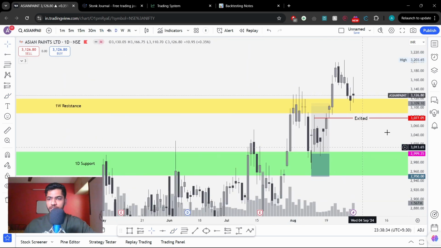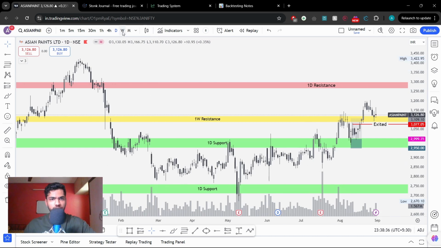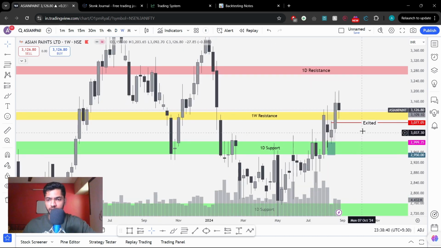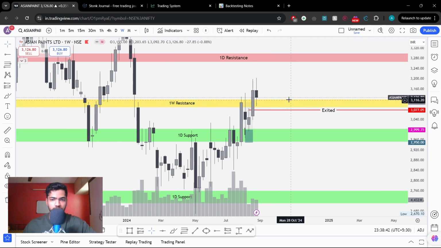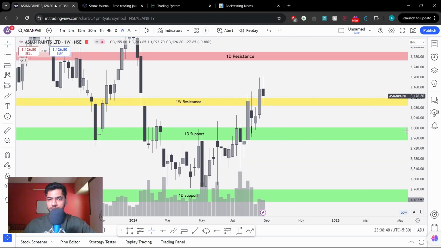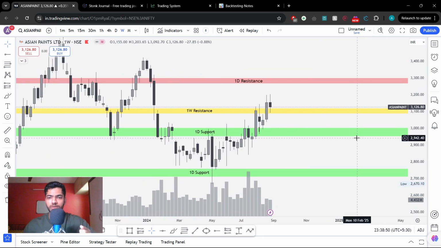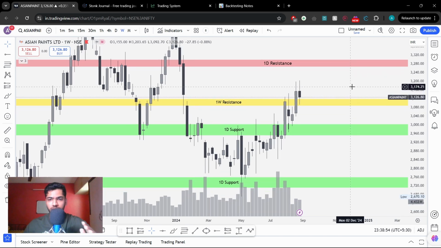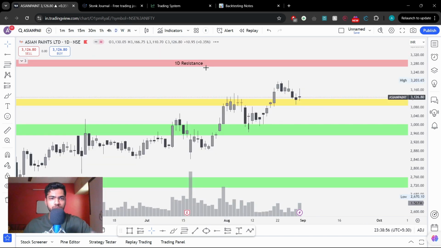Let's move on to the daily time frame. Firstly we'll go to the weekly time frame, and this is how I analyze any stock, right? So let's remove the previous positions. Yeah, so this is the weekly time frame. Are there any key levels which I should be looking for? Not on the weekly time frame. So let's move on to the daily time frame,